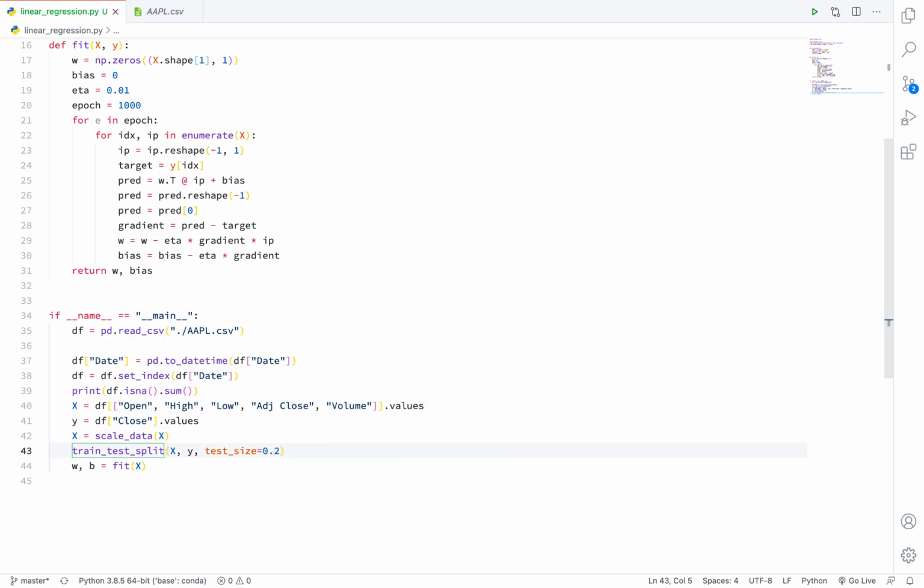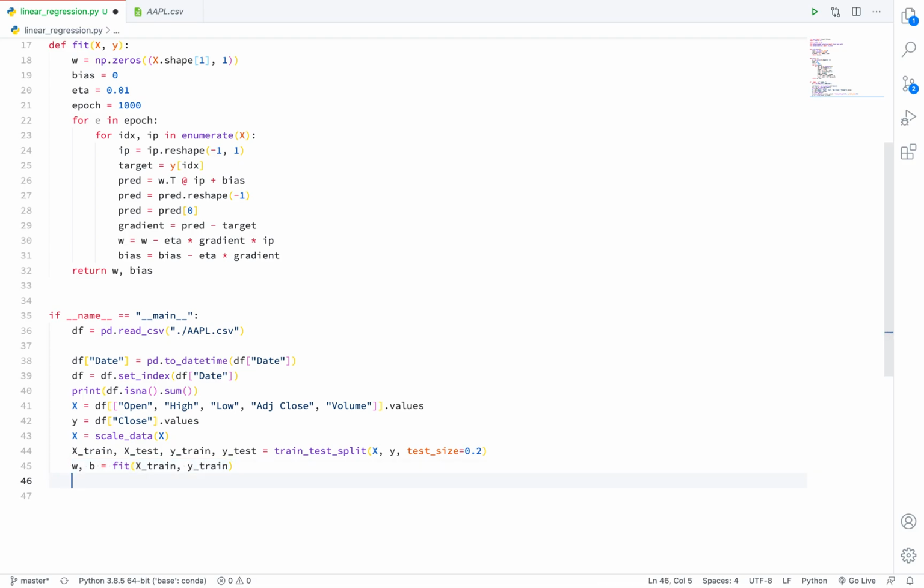Test size 0.2 means training size is 1 minus 0.2, which is 0.8. So train test split will return x train, then x test, then y train, and y test. Now just pass x train and y train to the fit function. Using this x train and y train, we are calculating the weight and bias.